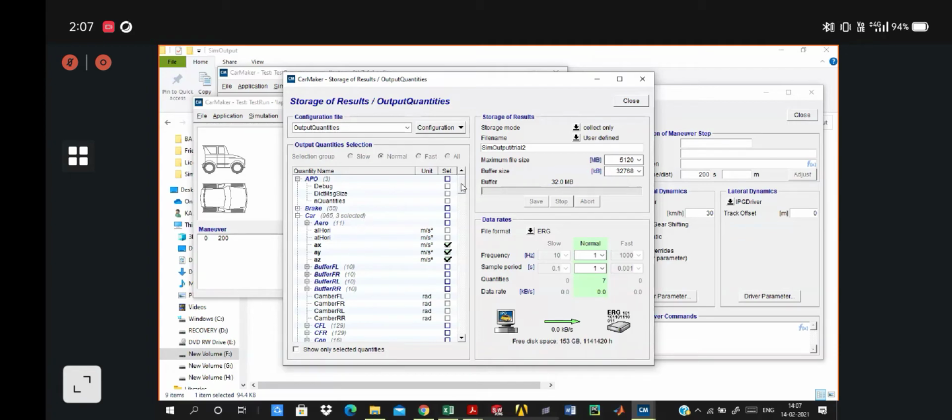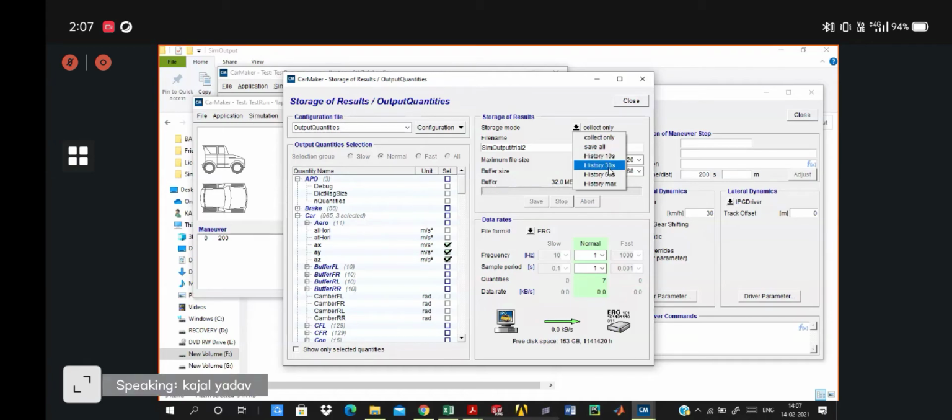In the storage mode, again, you have to select the mode. These are the same modes which I have earlier shown you on the main GUI: collect only, save all, the history and history marks. History 10 seconds, 30 seconds, 60 seconds means that for the simulation you have done 10 or 30 seconds earlier, it will save all your history. Before that, if you ran the simulation before 30 seconds, it won't have any history of those simulations.